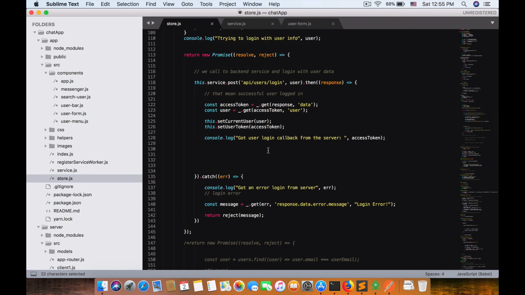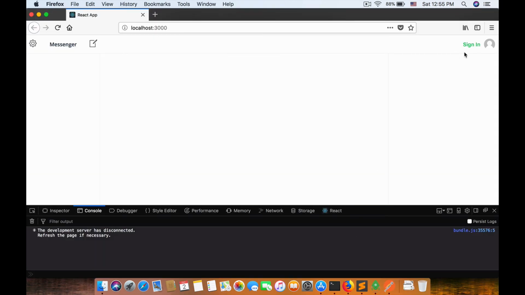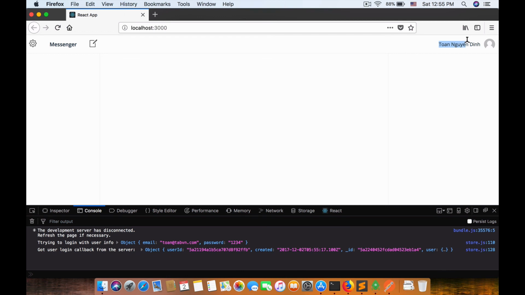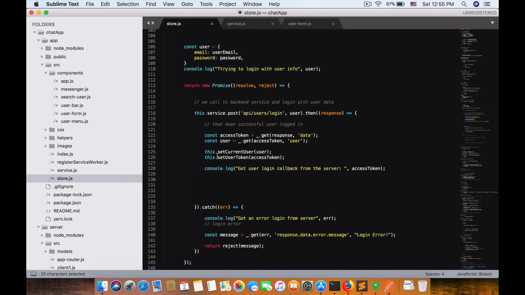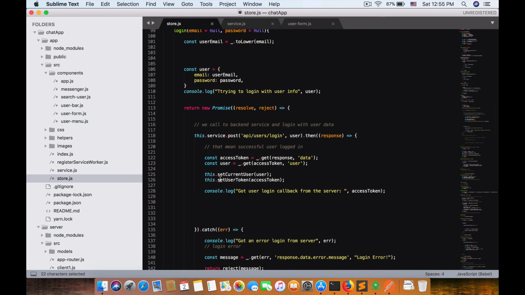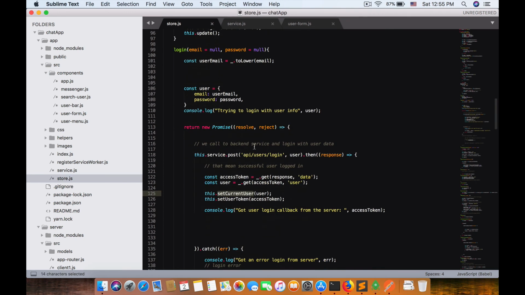I think it's enough. Let's try again one more time to sign in, and here is my email address, and 1 2 3 and 4 is exactly the password. So we got my name, and the prop is a user email profile, and currently in our database we don't have a user email profile function implemented. So basically, when we call set current user, I will try to